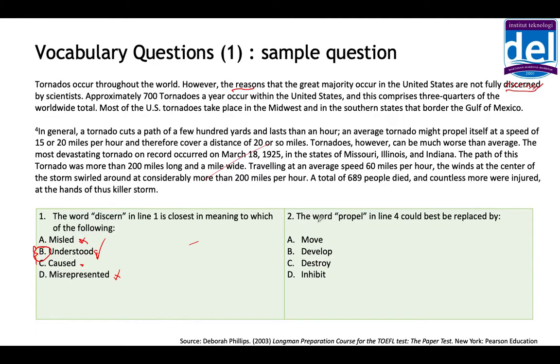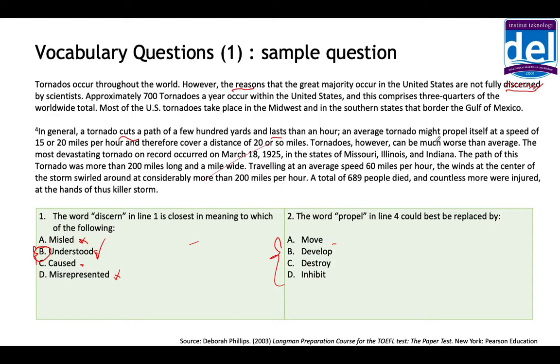Let's look at question number 2. The word propel in line 4 could be best replaced by, again, we have to understand the meaning of the options. Move, develop, destroy, and inhibit. And let's go to the sentence. In general, a tornado cuts a path of a few hundred yards and lasts an hour. So this is the duration and this is the movement. An average tornado might propel